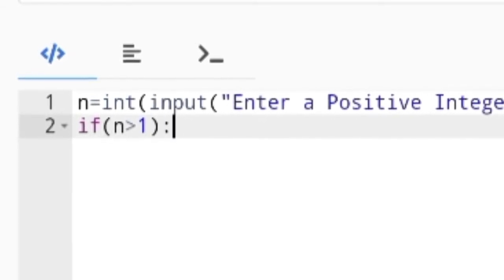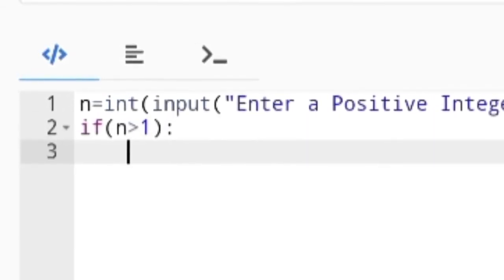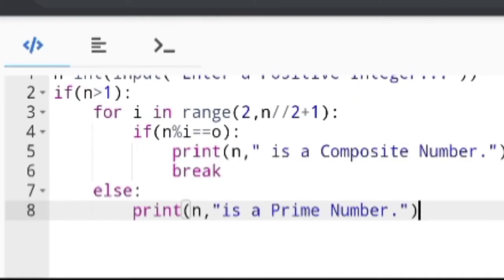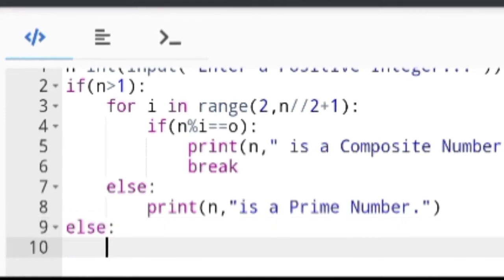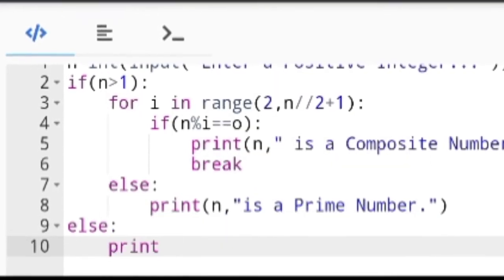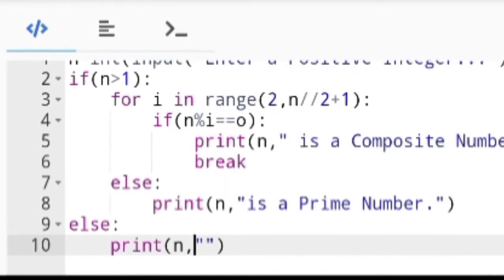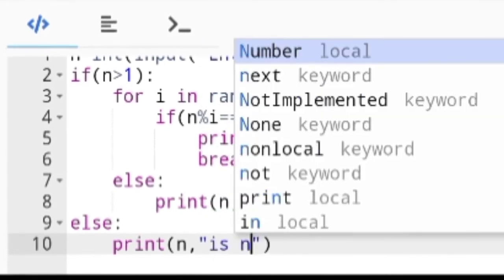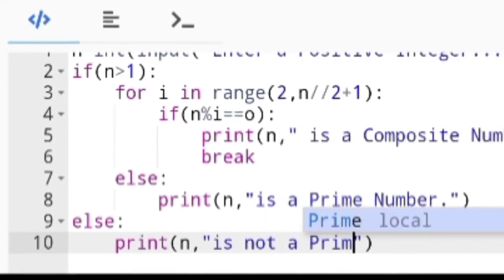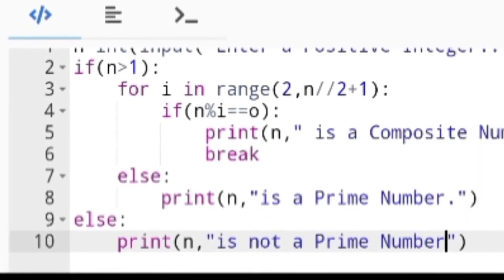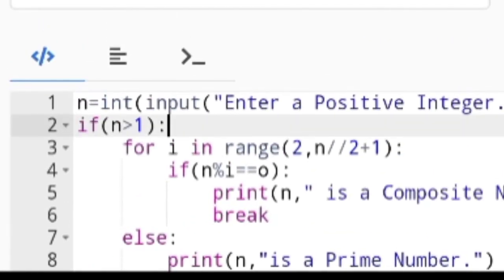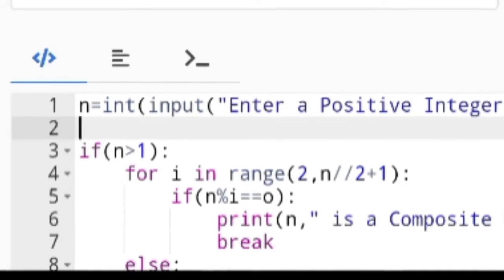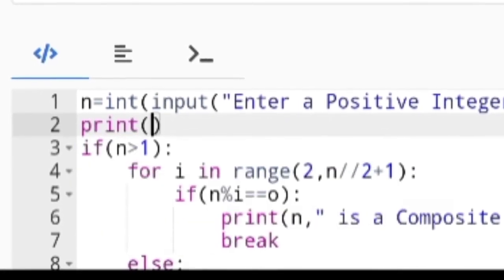So I am giving this if test statement: if n is greater than 1, then I have written those words before to check whether this number is prime. Then I am writing the else statement, which is under the if block, the if statement which is n greater than 1. Else means if n is less than 1, then it will print that the number is not a prime number.